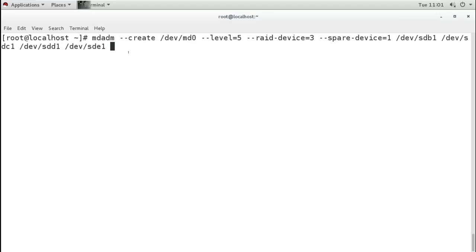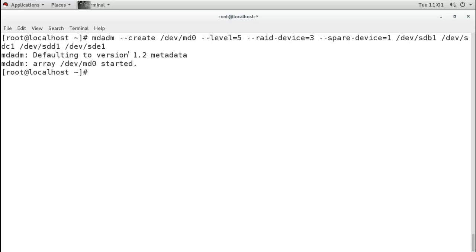So it will go as a spare. And if you don't give a spare, then you have to check the RAID manually and change it manually. Now I am going to press enter. And now what is it saying? It is saying that the array of this RAID has started.